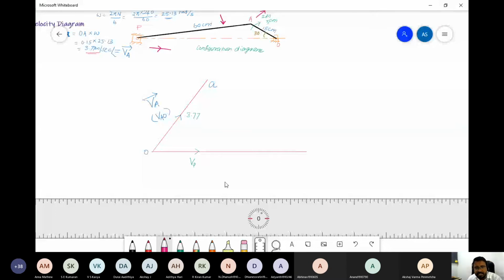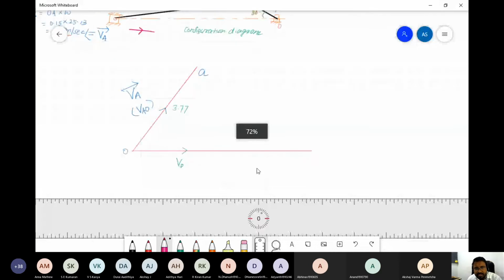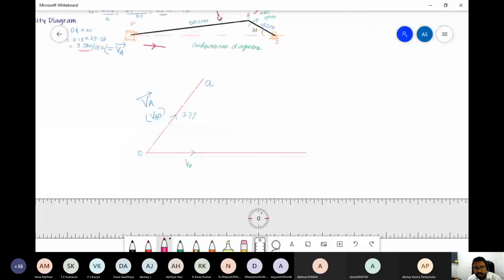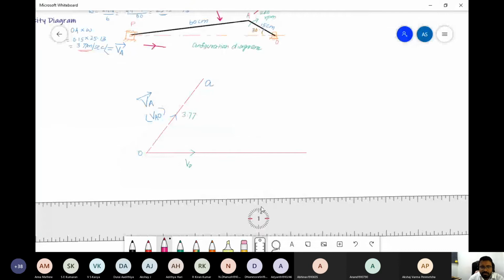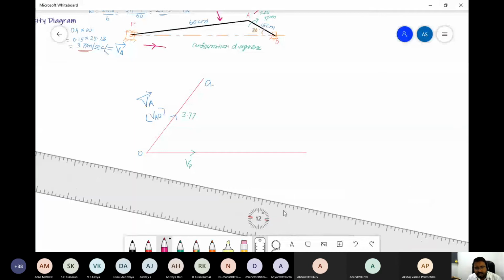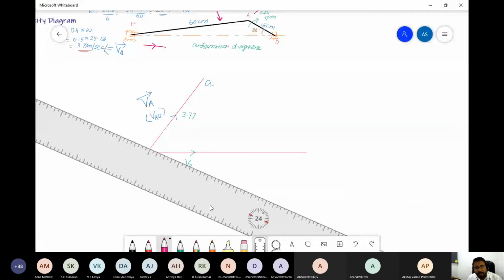So now it is easy for us. This is also a rotation kind of motion, because the motion is rotational, but it is trying to move the vector downward. So the actual motion of this link will be like this. It will be rotating like this. Since it is also a kind of circular motion, the velocity vector will be perpendicular to this.